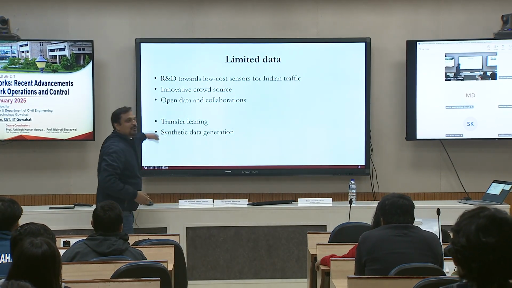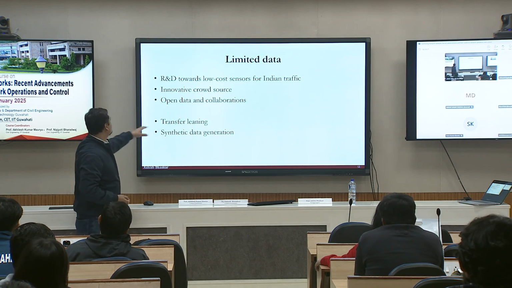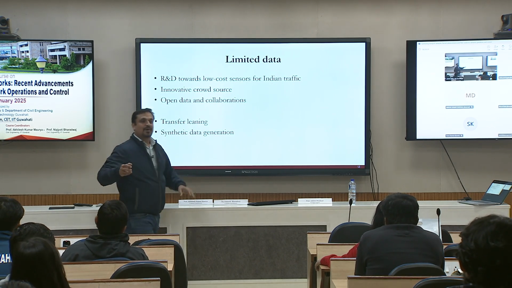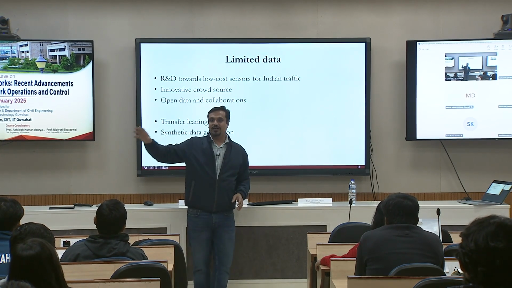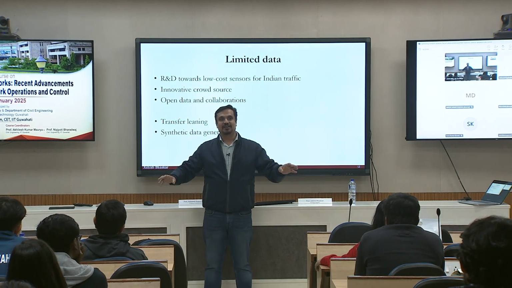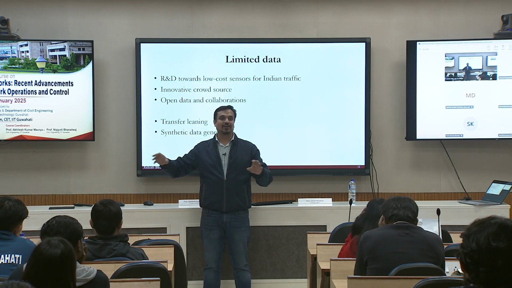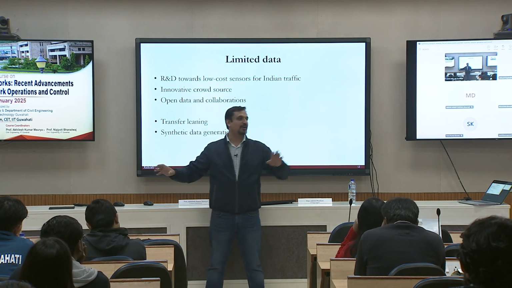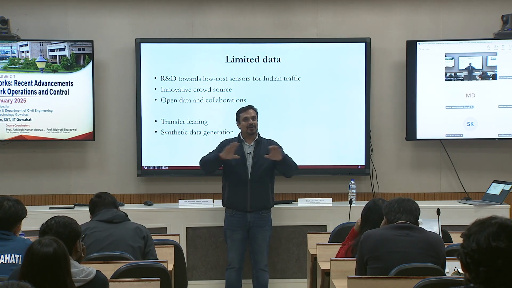So that was some of the dot points. Another one was limited data. If the data was collected for area A, how can I apply it to area B? That's where you go and talk to the machine learning guys. There's a lot of work on transfer learning. You have trained here, perhaps you can transfer it there with some limitations, some assumptions.